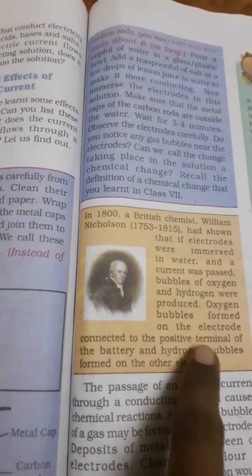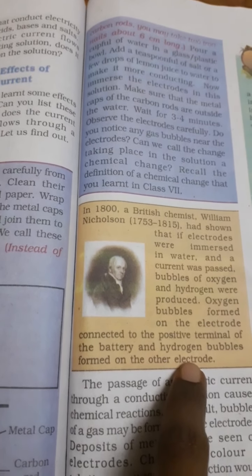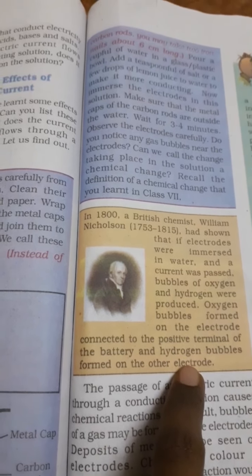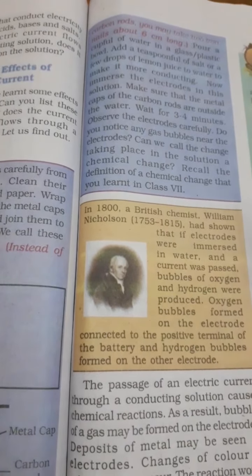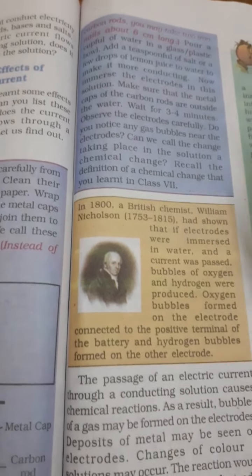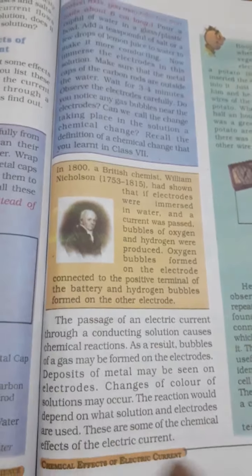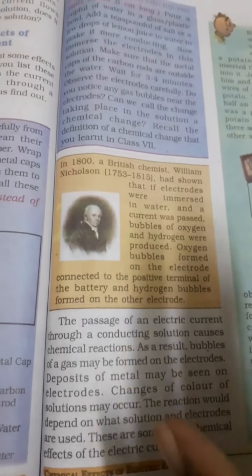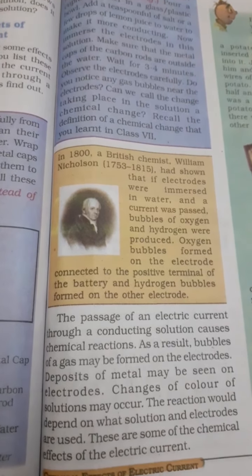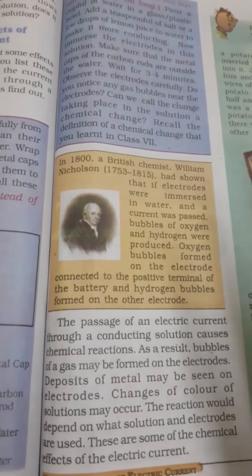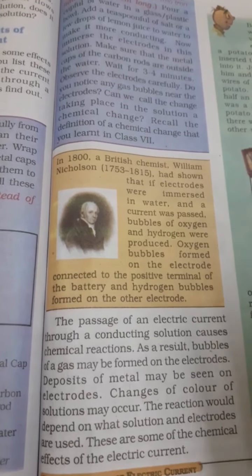If it is positive, and the other electrode is negative, hydrogen bubbles will form near the negative terminal, the negative electrode. So he also proved that when an electric current is passed through water, chemical reactions take place